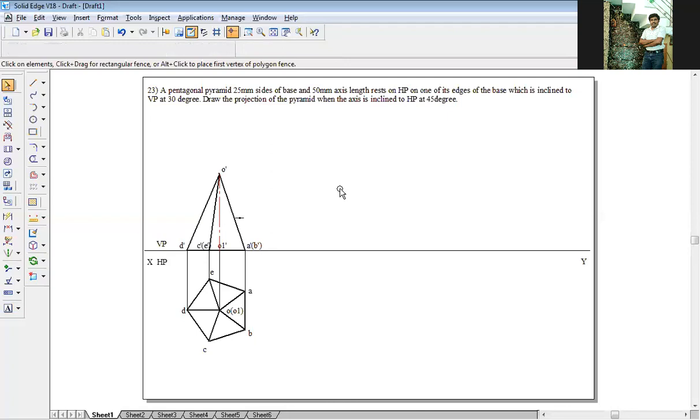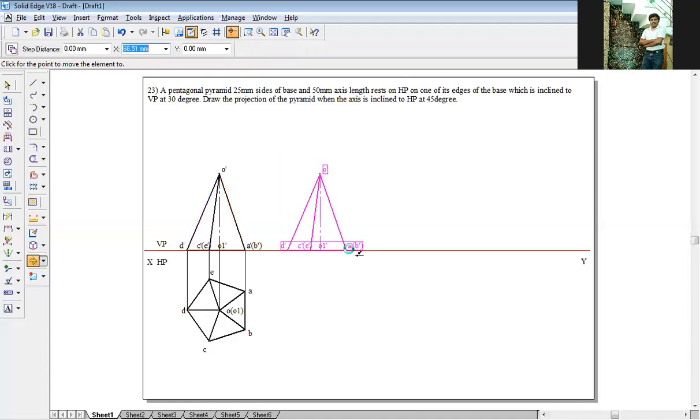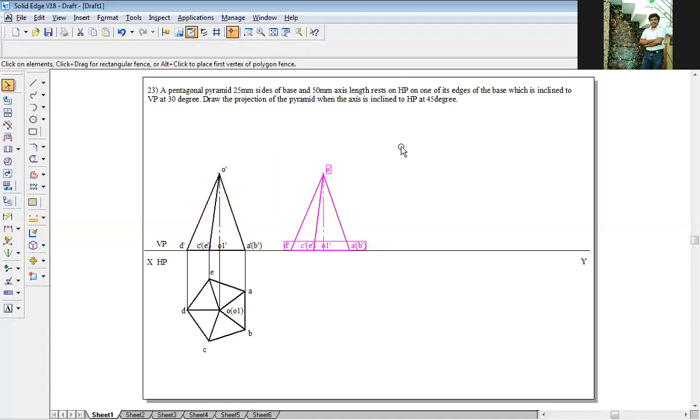Axis as of now is inclined 90 degrees. He wants this to be inclined 45 degrees. So select the entire thing. Go to move command, switch on the copy option, bottom tip, this is the first click, put on the XY line, and he wants the axis to be inclined 45 degrees.